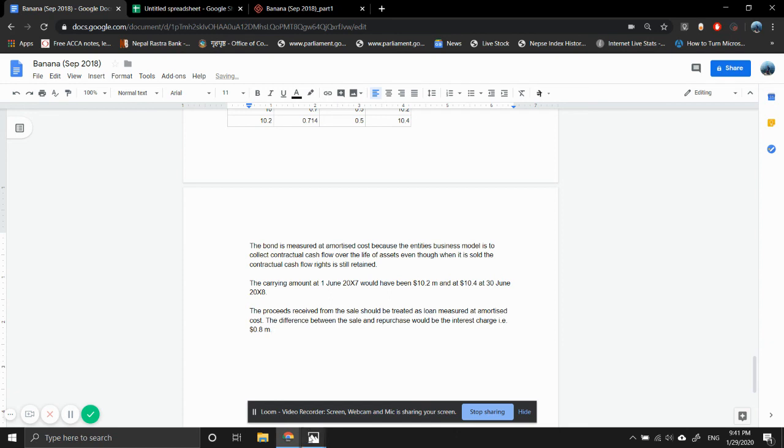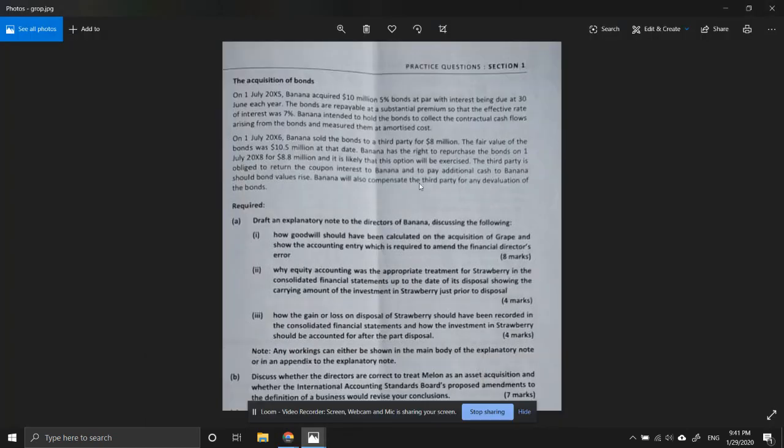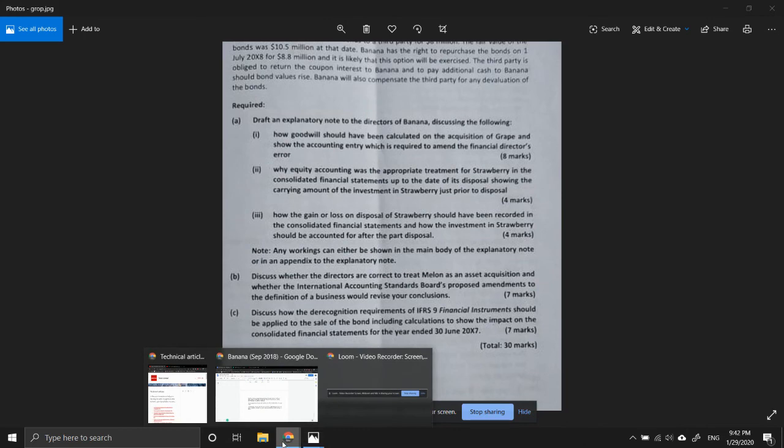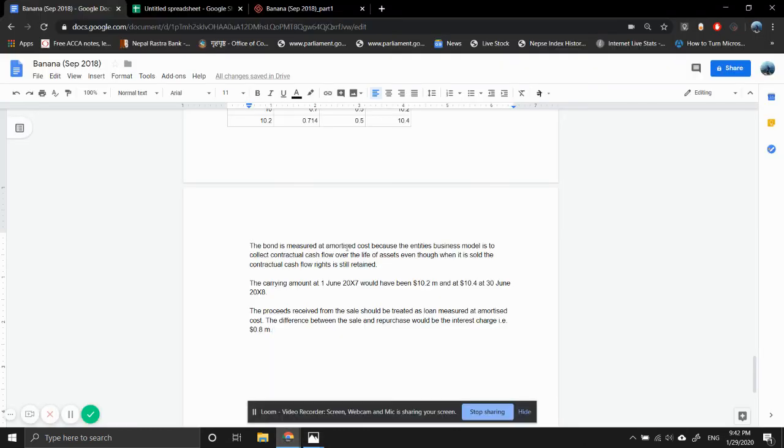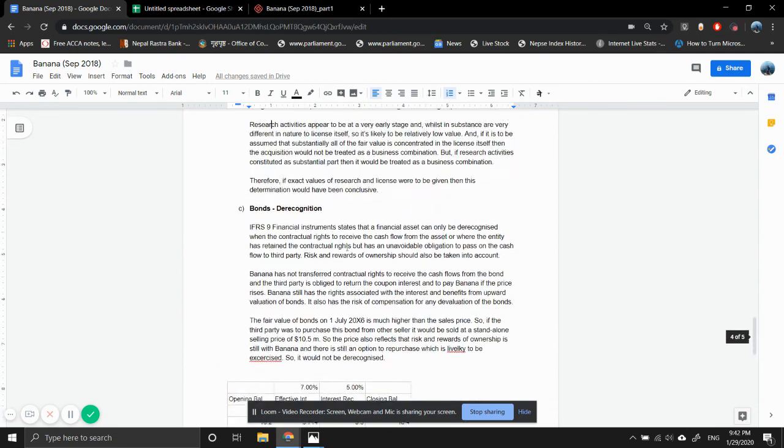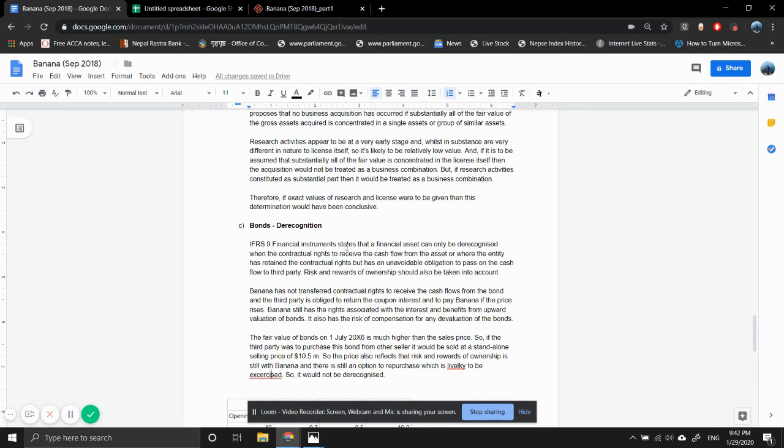Anything else that we missed? I think we've covered everything. That's all. So basically all we need to remember is whether the risks and rewards of ownership have been transferred or not. That's the most important thing. And then we always need to remember the business model, and based on that we can use the amortized cost table, or otherwise classify it as fair value through OCI or something else. Okay,